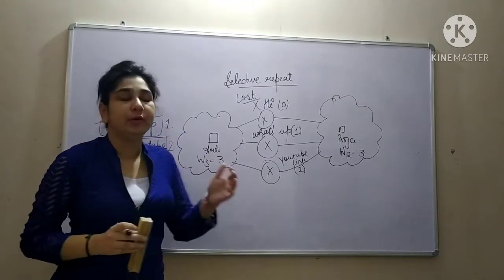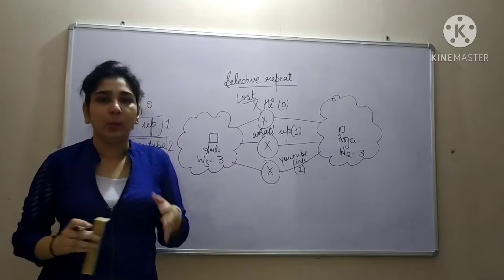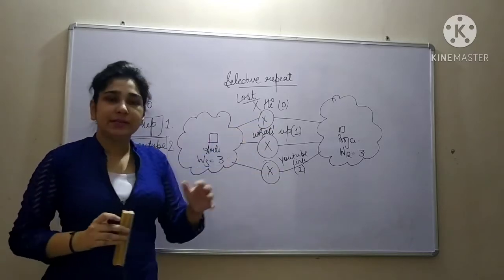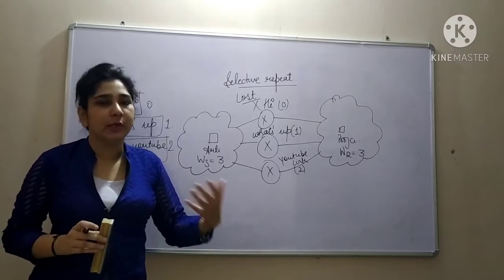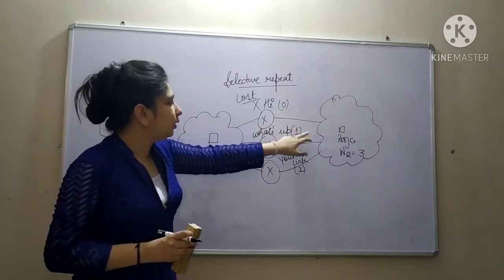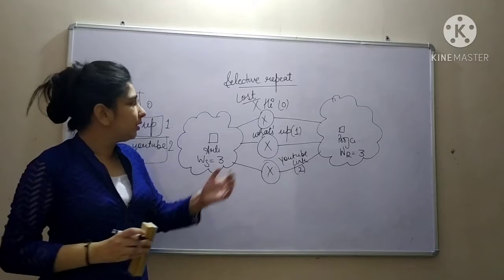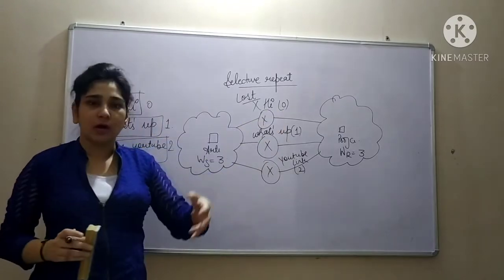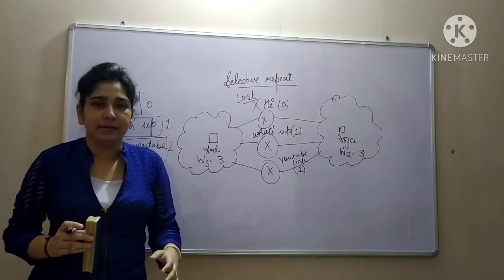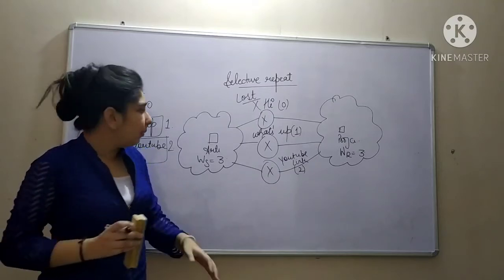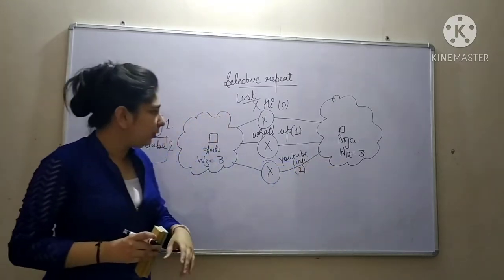If you look at Go-Back-N and what happens, the receiver is going to accept all the packets in one particular order, like firstly 0, 1 and 2. So if the first packet is lost, all the remaining packets the receiver will discard in Go-Back-N. But what happens in selective repeat?